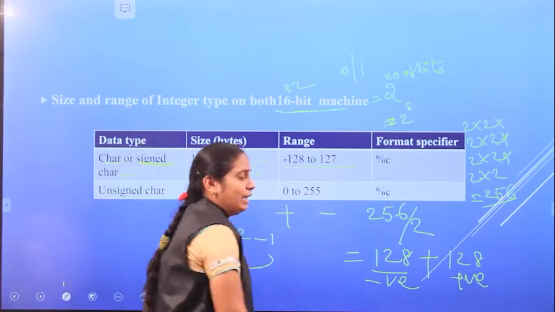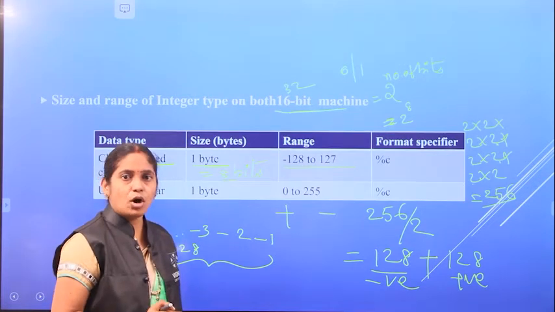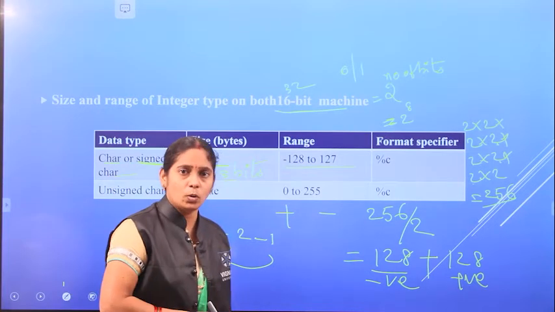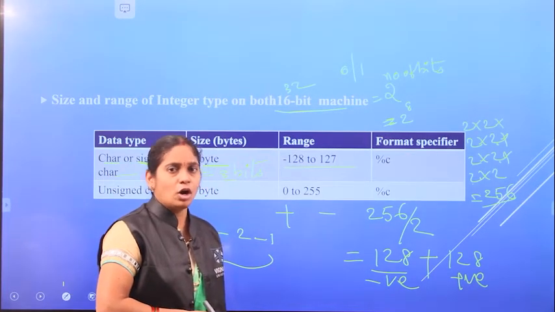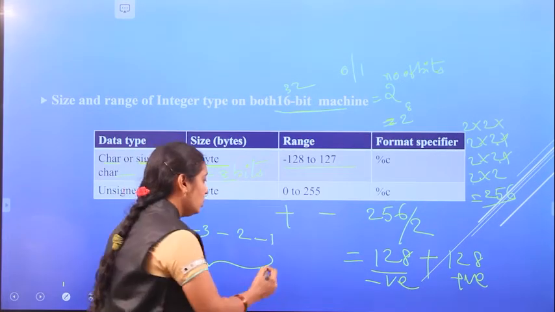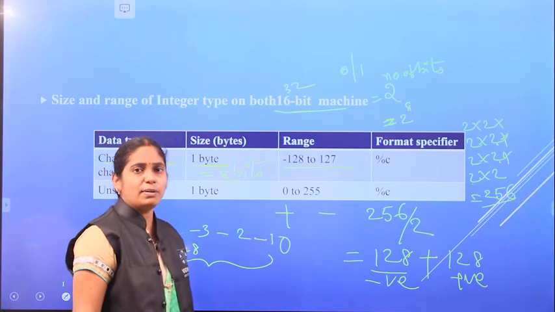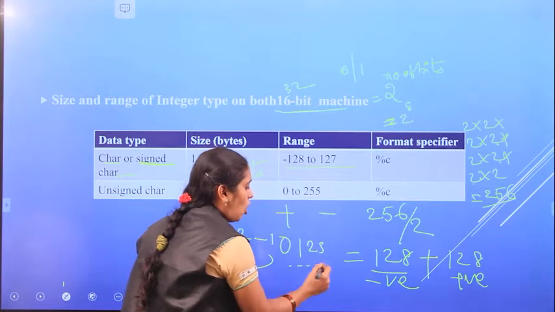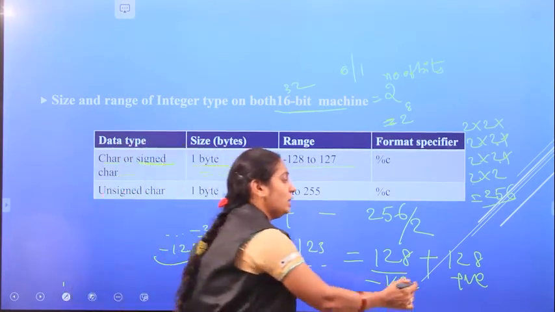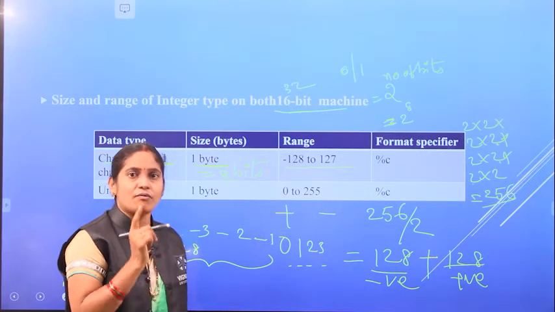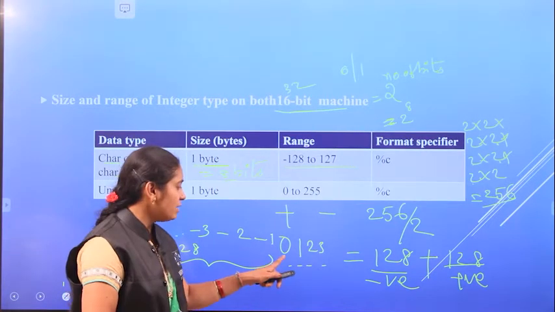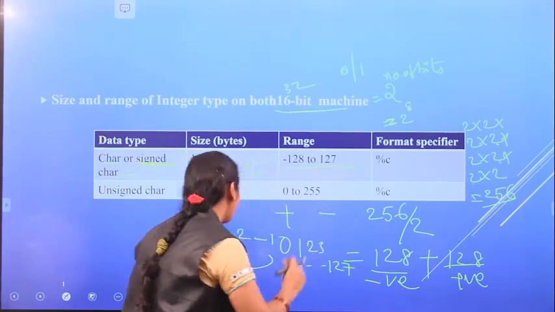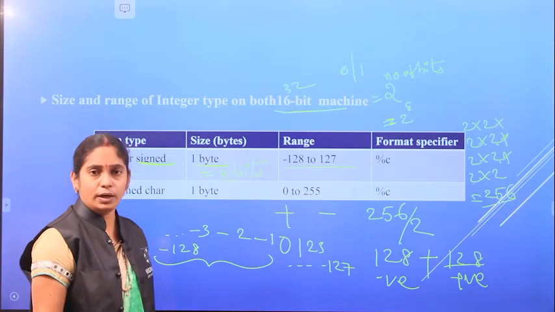And then 128 positive values. Usually positive values start from 1 only. Then how about 0? Is it positive or negative? No. While representing the positive numbers here, 0 will be considered in that. So we start from 0, 1, 2, 3 and so on. Total how many? 128 values. If we started from 1, it would go up to 128, but here we started from 0, so that's why it is up to 127.